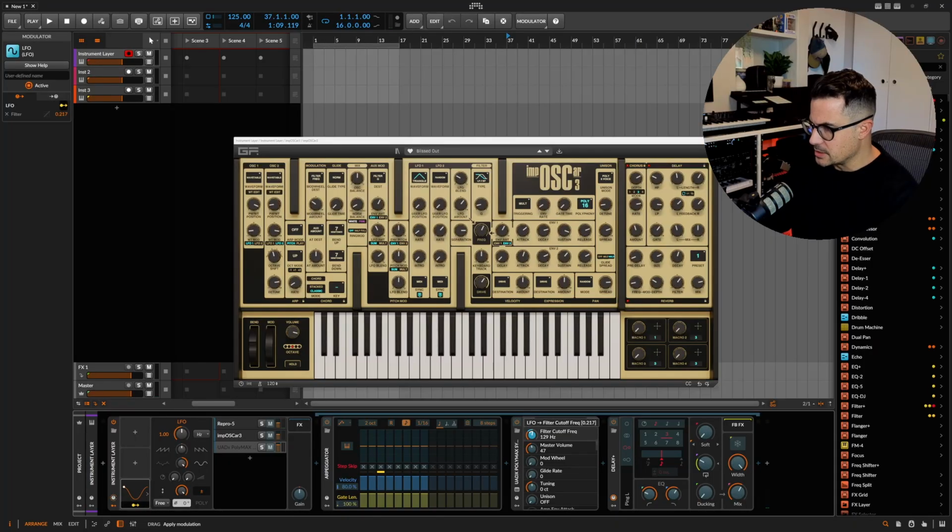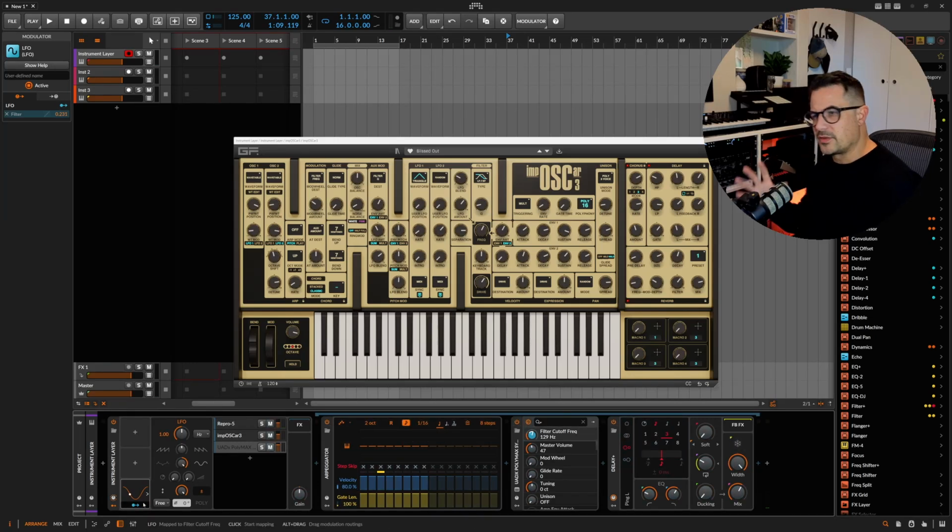So this is where things start getting a little bit more interesting. Just modulate some of the filter cutoff on this so we can have that kind of coming in and out of the sound. We obviously want to slow that down quite a bit. And we could also maybe just